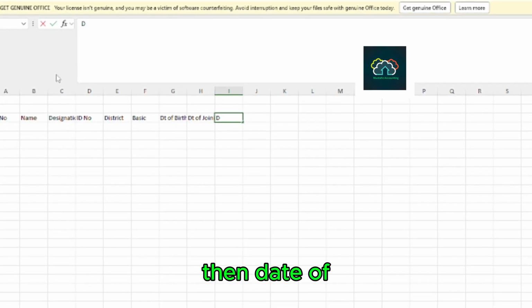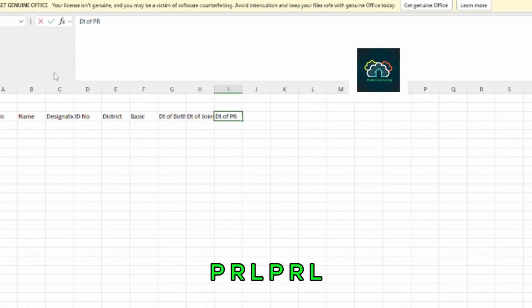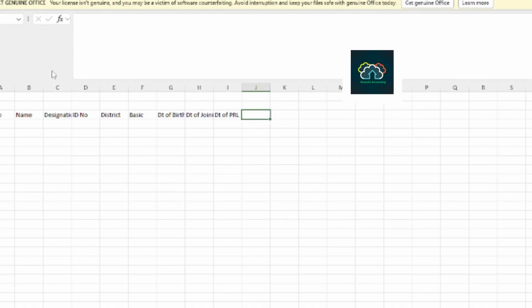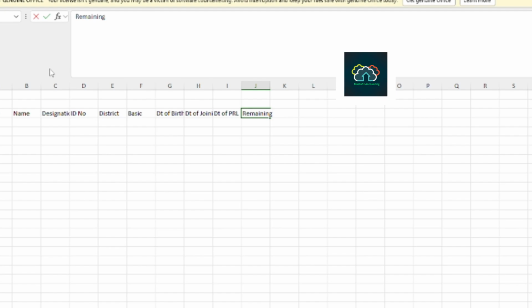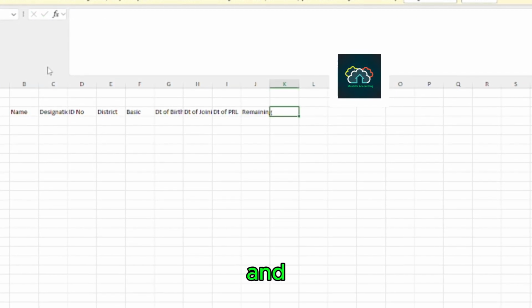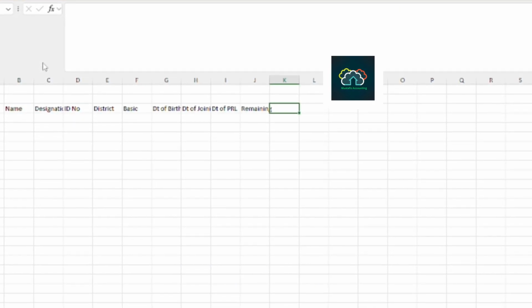then date of PRL, then remaining job, and so on. So we can count it. House rent,